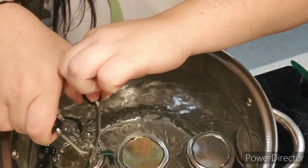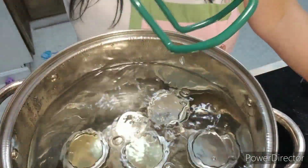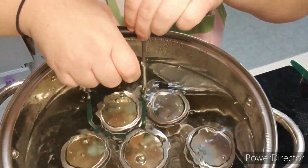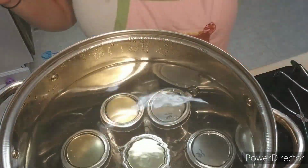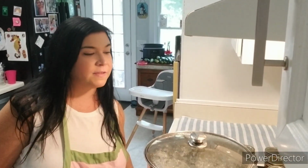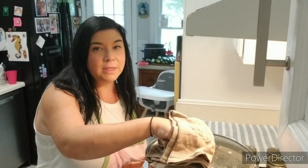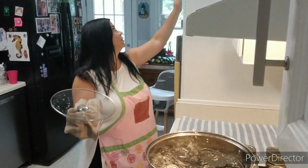I'm going to go ahead and place 7 jars in for the first round, and once you get the jars in, you're going to want to close the lid and then bring the water back to a boil. Once you have it back to a boil, you're going to want to set your timer for 10 minutes. My 10-minute timer just went off, so we're going to go ahead and turn the stove off, and we're going to remove the lid and set the timer for 5 minutes,